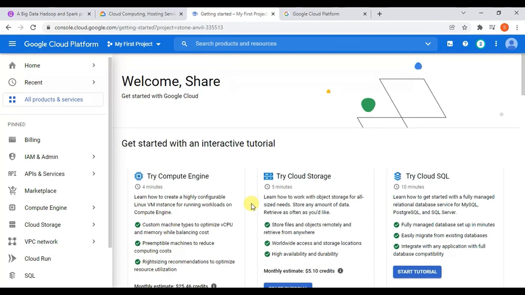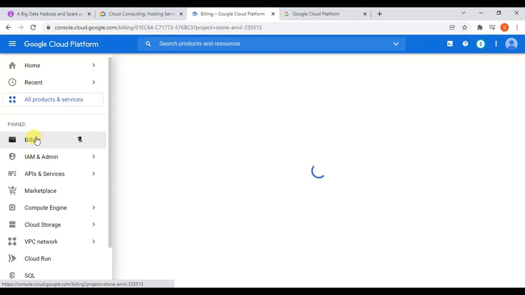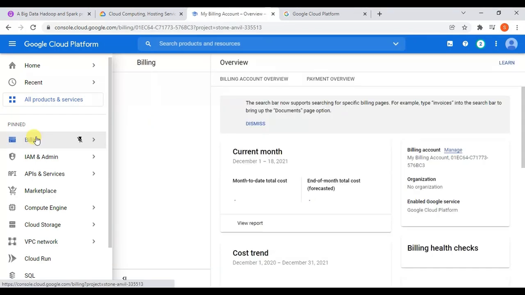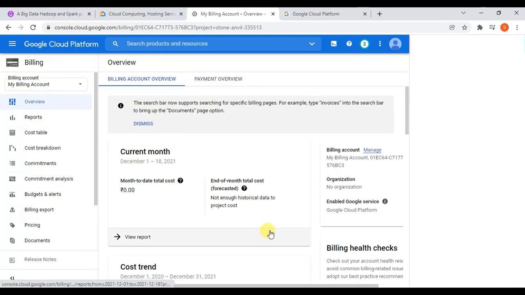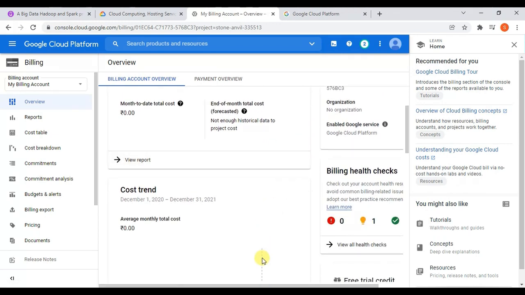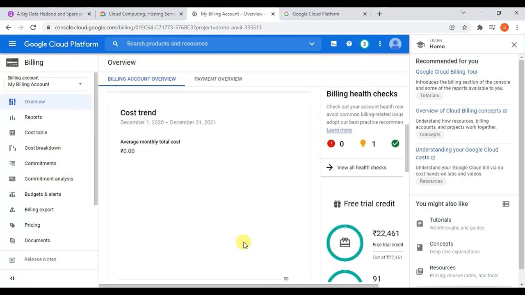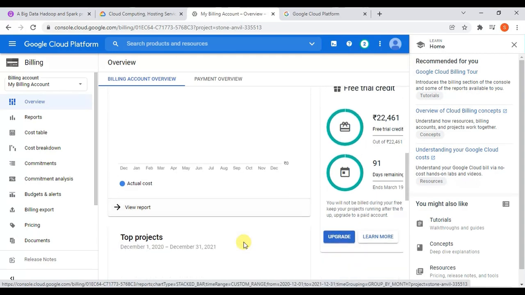This is how we have to create a GCP account. And this is the billing section. You can verify it, because the first time $300, or the equivalent in rupees, will be credited into our account to use for 90 days. As you progress, you can come and see how many hours you used and how much was deducted from the amount which got credited initially.